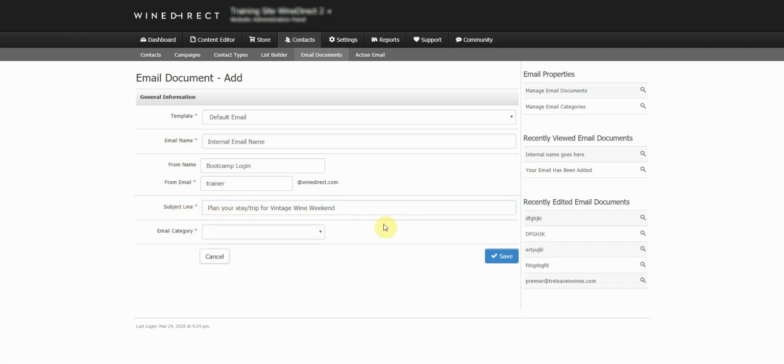Another kind of psychological trick is something like "processing your card" in the subject line, which they're only going to see part of: processing your card on such and such a date. But again, it's kind of clickbait where you go, oh my God, you're processing my card. And then they open it up and go, oh, okay, it's coming up, or something along those lines. Especially if you're using user choice,